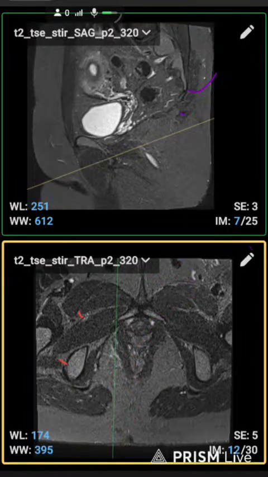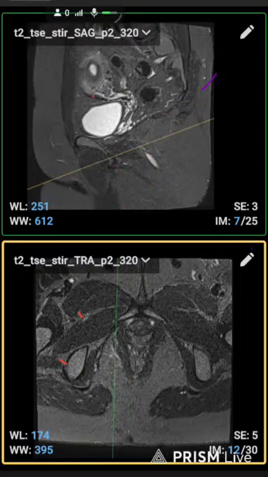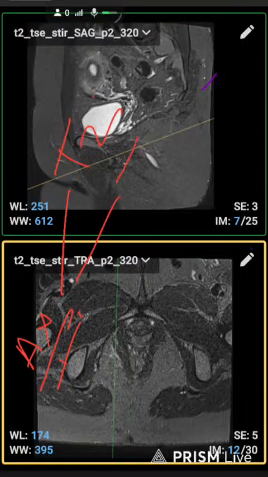So after that we have added a STIR coronal. Next sequence was axial T2, T1,